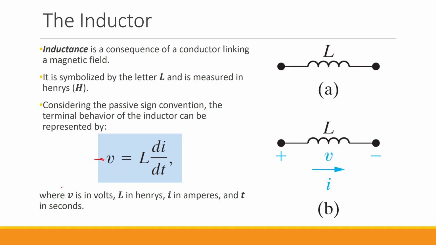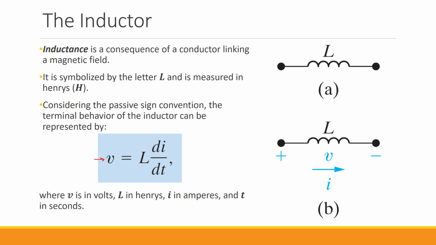In this equation, V is the voltage, L is the size of the inductor, measured in henries, i is the current through the inductor, measured in amperes, and t is time,